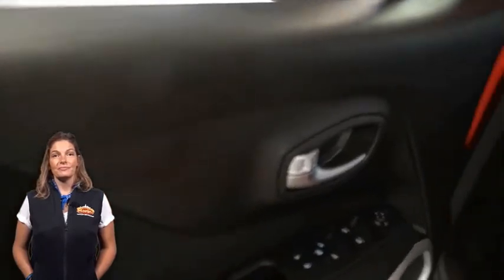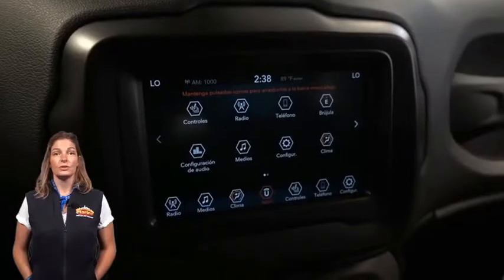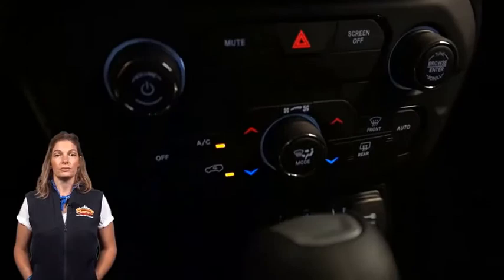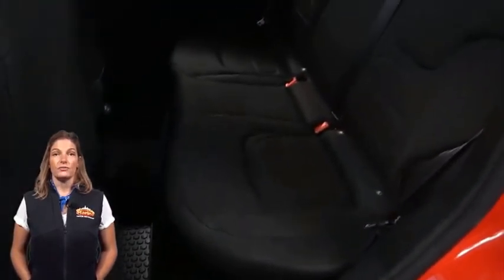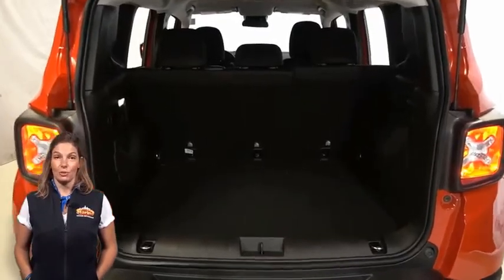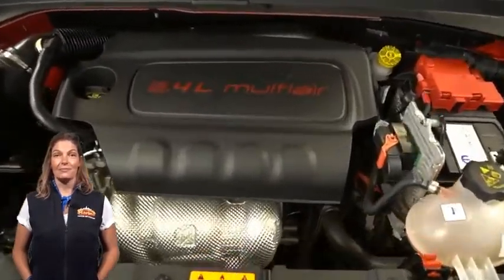heated steering wheel, integrated voice command with Bluetooth, Uconnect 4 with 7-inch display, Park View rear backup camera, dual zone temp control, Apple CarPlay and Google Android Auto, Hill Start Assist, rear 60/40 folding seats, height adjust load floor, all-season floor mats, 2.4-liter 4-cylinder engine, and so much more. For additional details, visit us at marinocjd.com, stock number